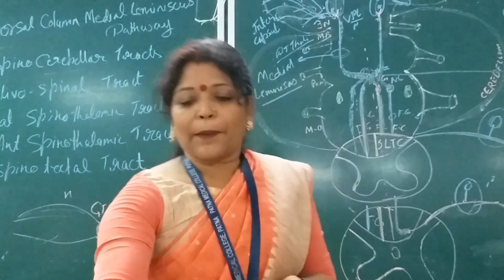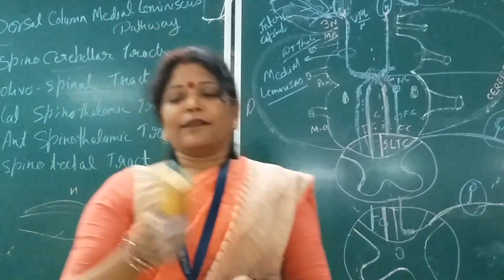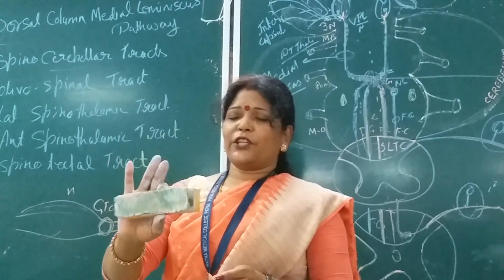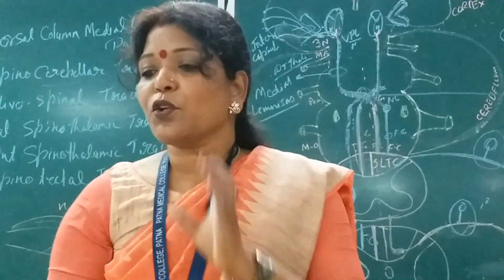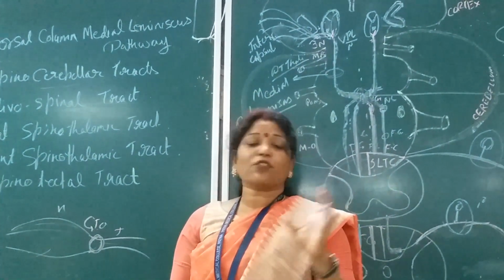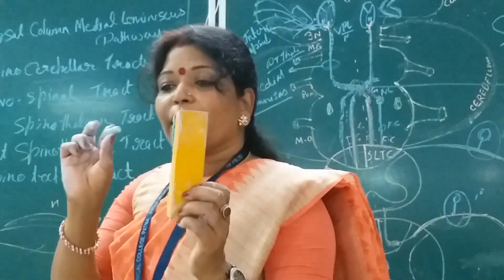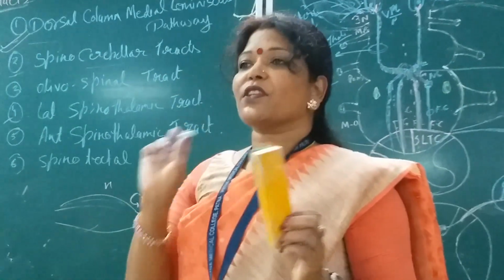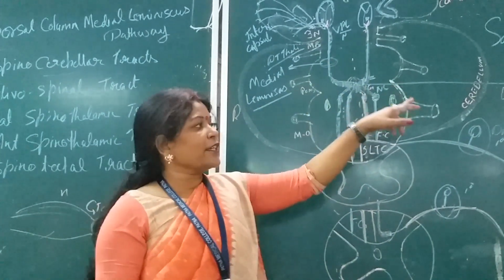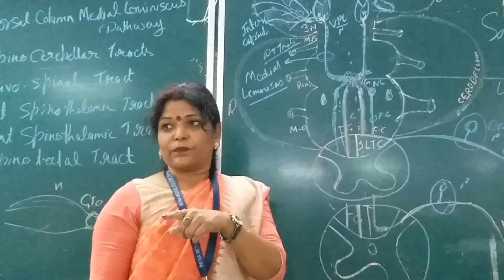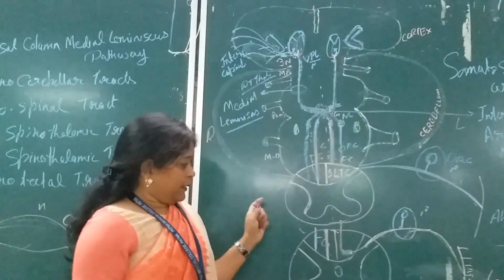Yes, very good. Suppose I have closed my eyes and I pick something from the table. Then I know that I have taken the duster, not the chalk. This is stereognosis. With your closed eyes, you are able to identify the texture and the shape, size of the object. Because both the size and shape are different, you are able to identify this is the duster, this is the chalk with your closed eyes. So this is stereognosis. It is often asked in objective, in the viva also, in the examination when you will be asked about the brain. So this thing you should keep in mind.